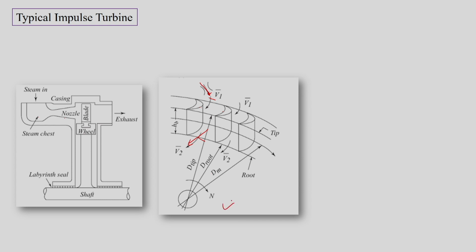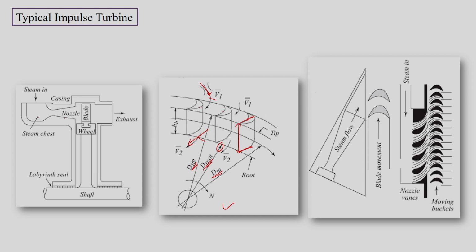What we are seeing in our slide is a rotor ring. This is a picture of a rotor ring where we have this as the root and this as the tip, and this is the height of the blade. So we have the root diameter over here, the tip diameter over here, and an intermediate diameter, but our analysis will mainly focus on the mean height or mean diameter of the rotor.